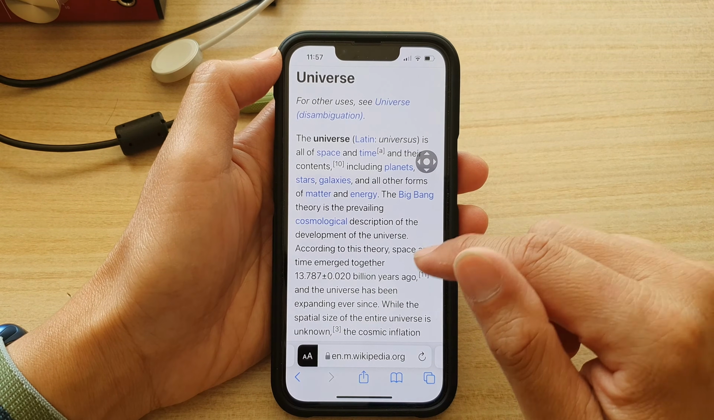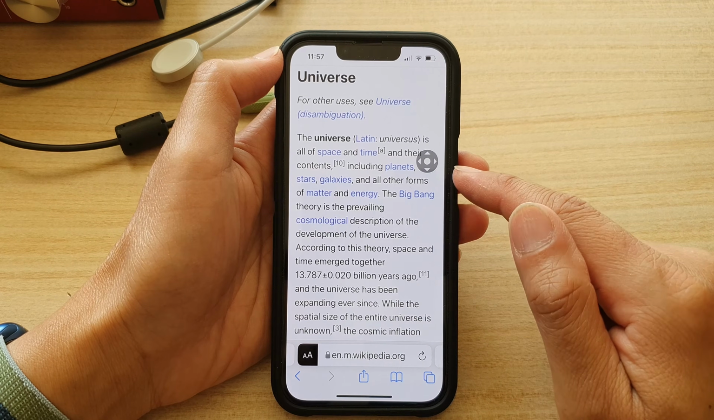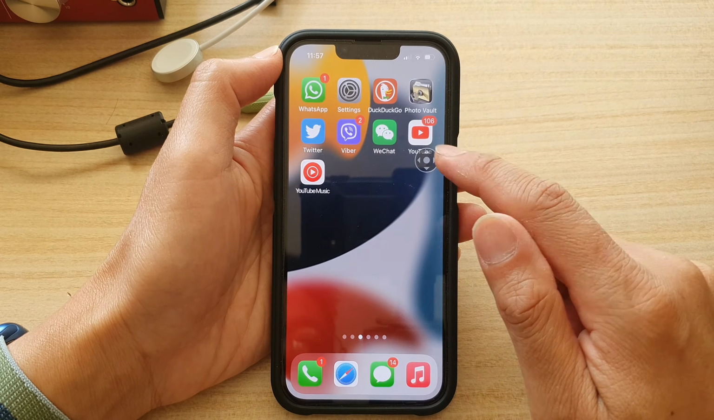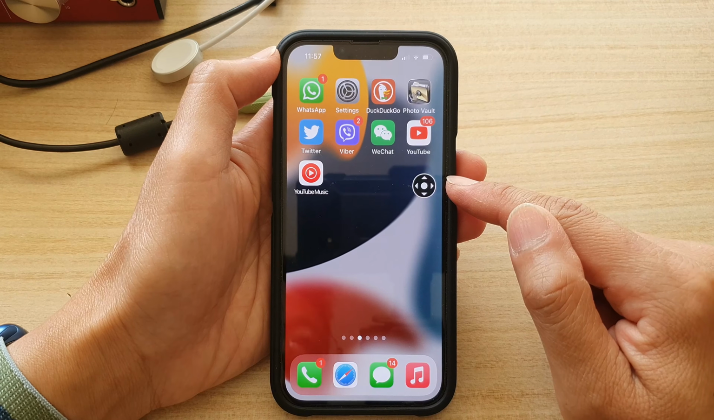Okay, so that's it. So that's how you can use Touch to Speak with Zoom controller on your iPhone 13